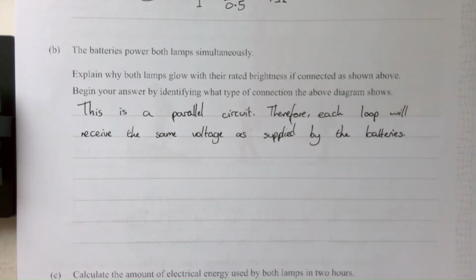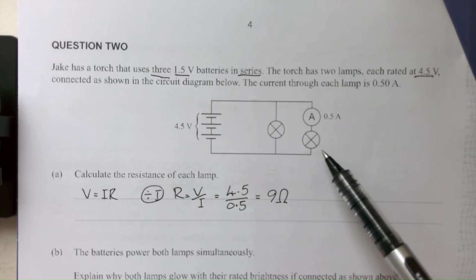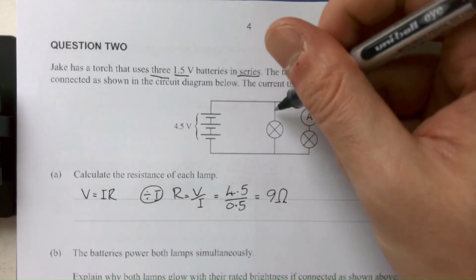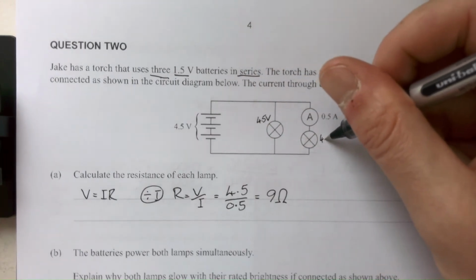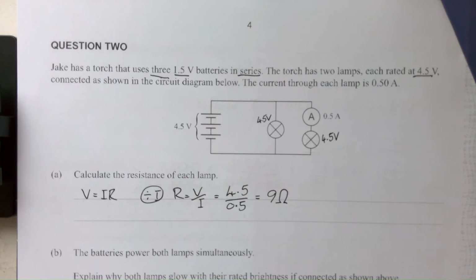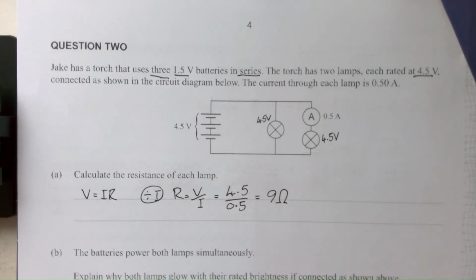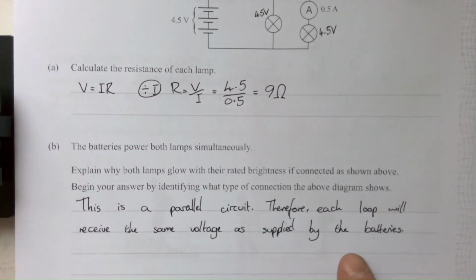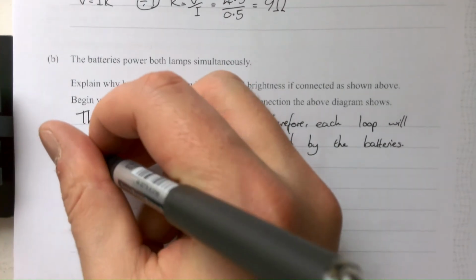Remember that's one of our rules for parallel circuits. Current gets shared between each loop, but each loop has the same voltage as the power supply. So if this is 4.5 volts, each loop experiences 4.5 volts. Each loop will receive the same voltage as supplied by the batteries. Therefore,